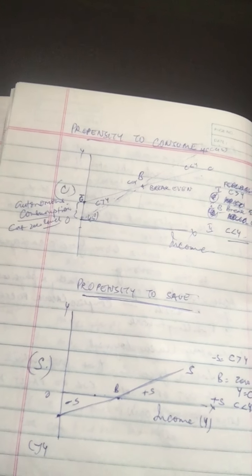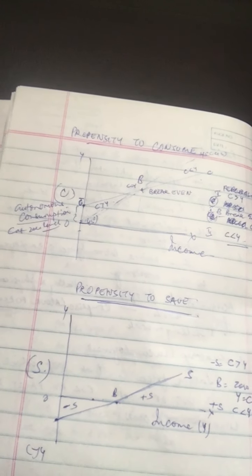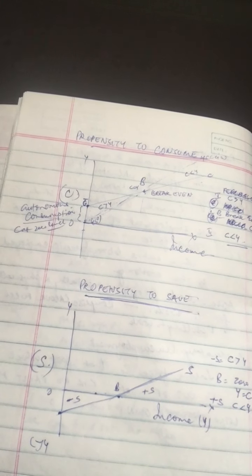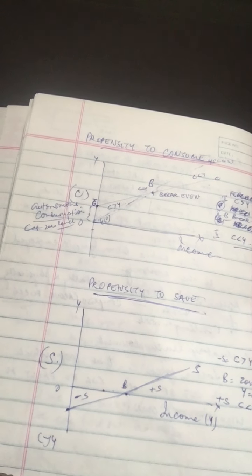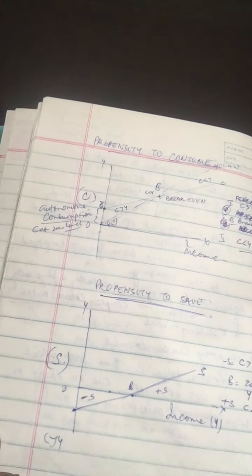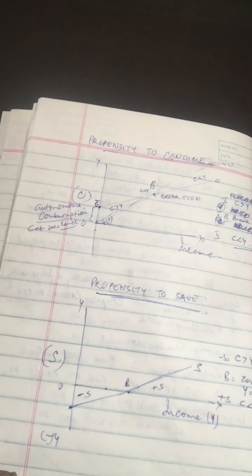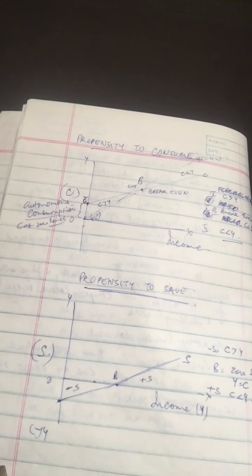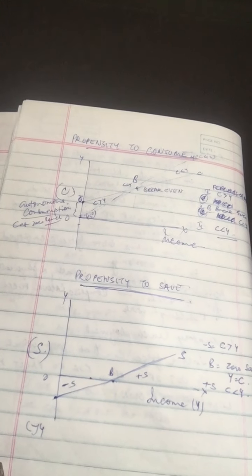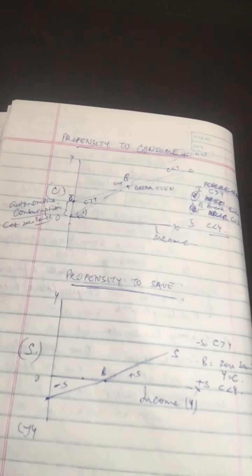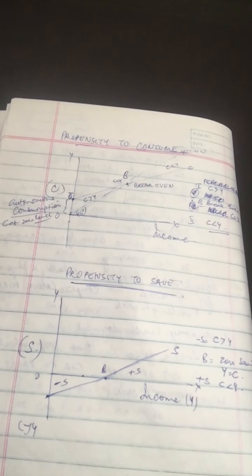So in the diagram you see that on the OX axis we've taken income, and on the OY we've taken consumption. And very interestingly, we have made one 45-degree line which shows that whichever point you take on it is equal to 1. So every point on that is equal to C plus S. So any divergence between those two will show you that